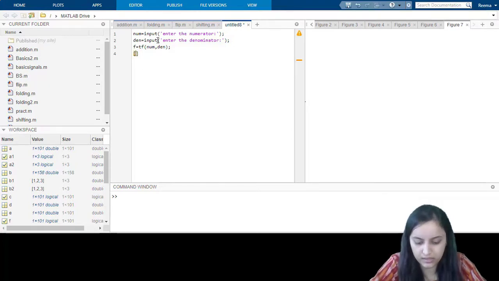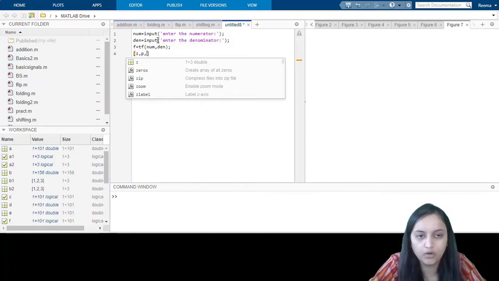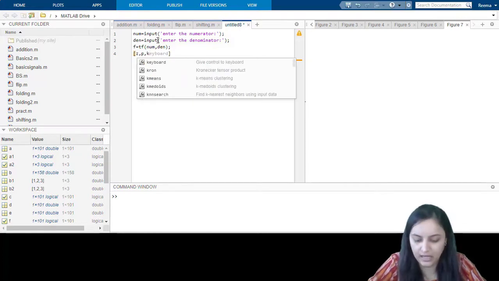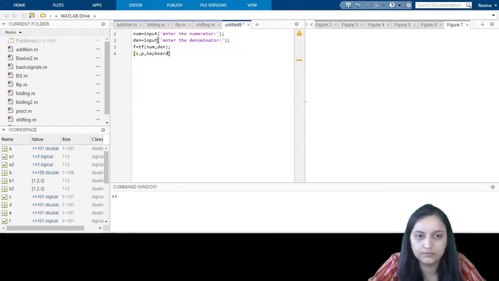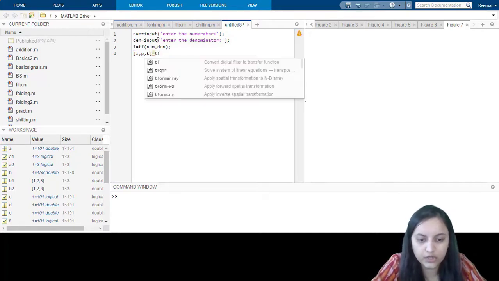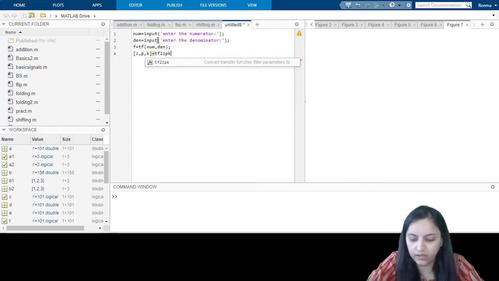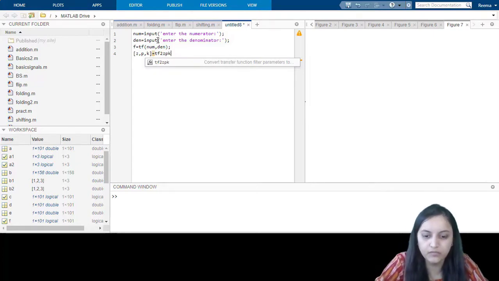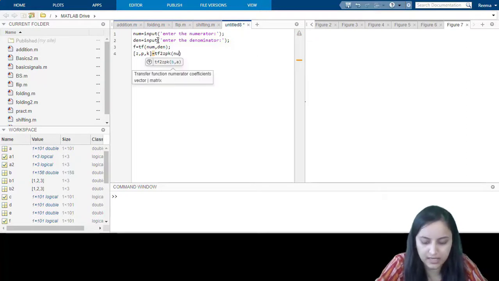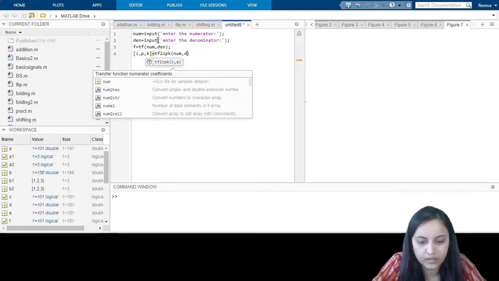So we will enter over here z, comma p, comma k, zpk, that is equals to tf, that is transfer function, to zpk, that means we need to convert the transfer function to poles and zeros. We want to obtain that. So over here the syntax is like this.